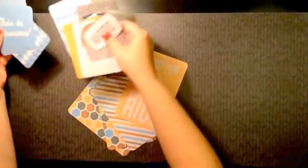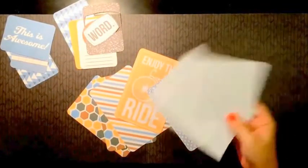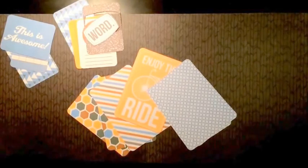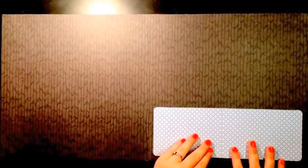So first I'm going to show you my supplies. I have several of these cards and photo mats that I cut myself. So I'm just going to duplicate the layout that I have already done. I'm going to just duplicate it exactly. So we're using these 4x6 photo mats. I'm going to put them down here just as